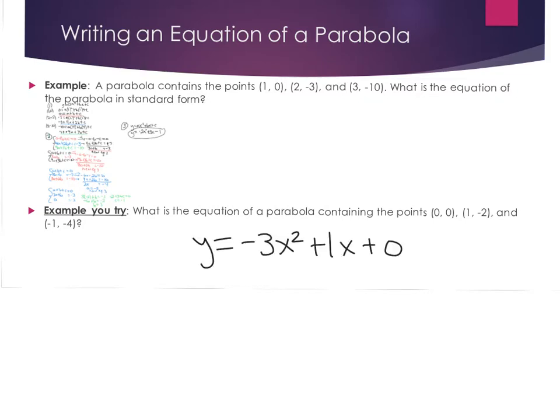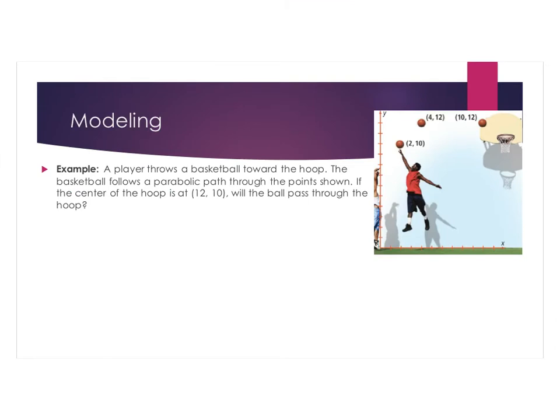Hopefully you found y equals -3x squared plus 1x plus 0. Remember, you can just write it as -3x squared plus x if you would like. So now we're going to take this process a step further and apply it